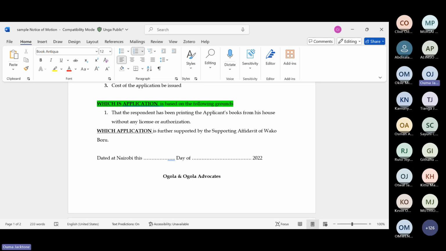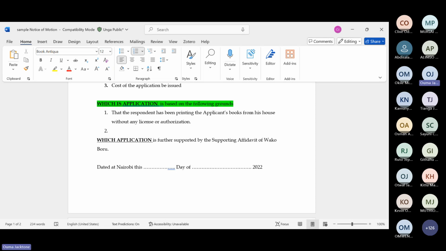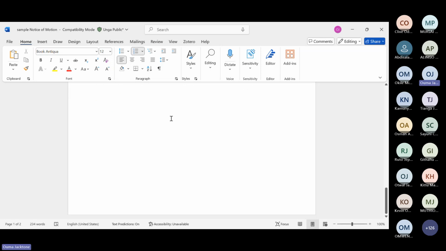Okay, so essentially what I'm saying is that you will have grounds from the question, which will be different from fact to fact. What will not be different is the fact that it is Anton Piller, and therefore you pray for an order of Anton Piller through a notice of motion and supporting affidavit. And of course, once you prepare your notice of motion and you date it, then you prepare your supporting affidavit by simply indicating the caption as per the notice of motion above. And we have discussed that a lot of times.